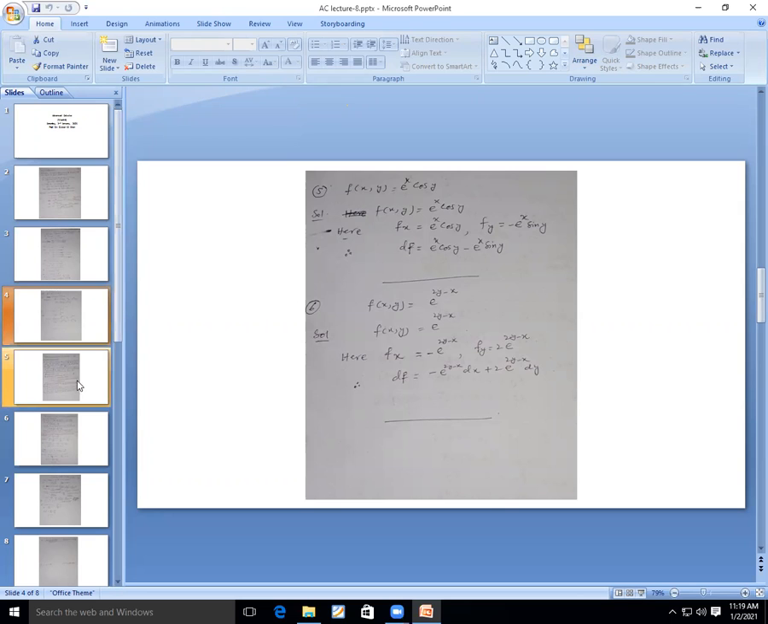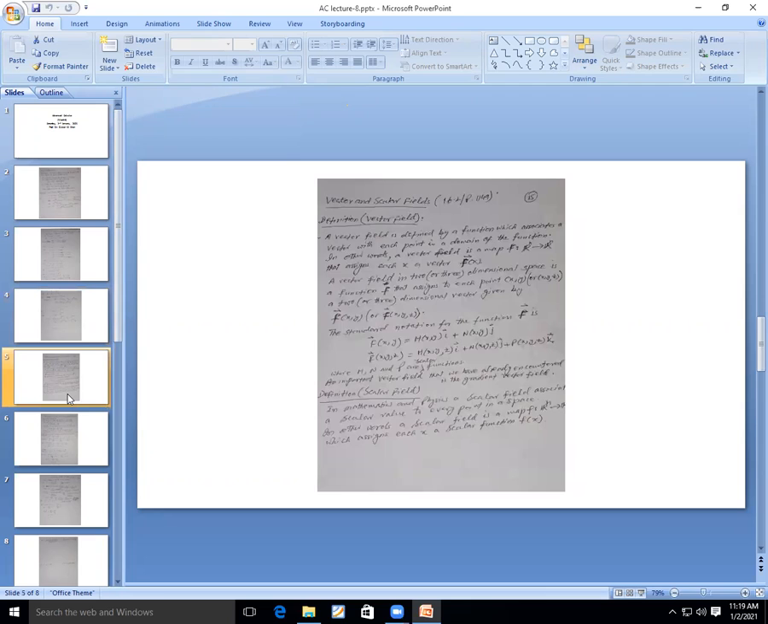Now we move to another topic. It's about vector and scalar fields. Vector and scalars. Vector field and scalar field. These are two different concepts. A vector is a quantity which has